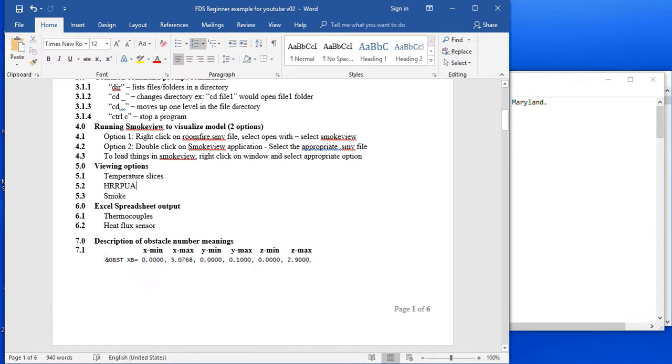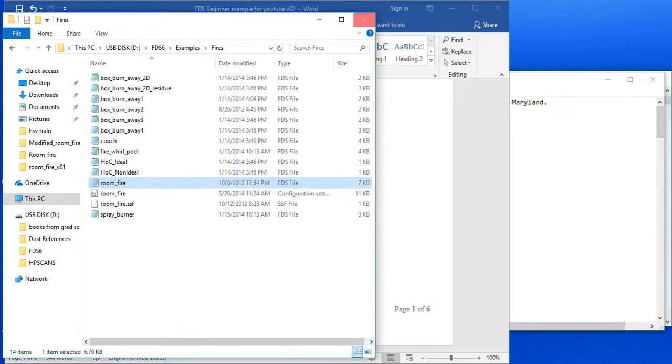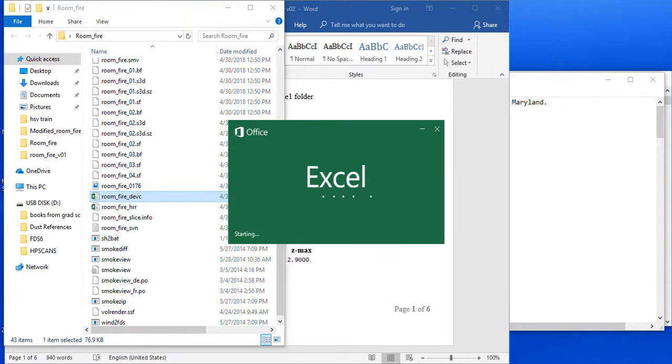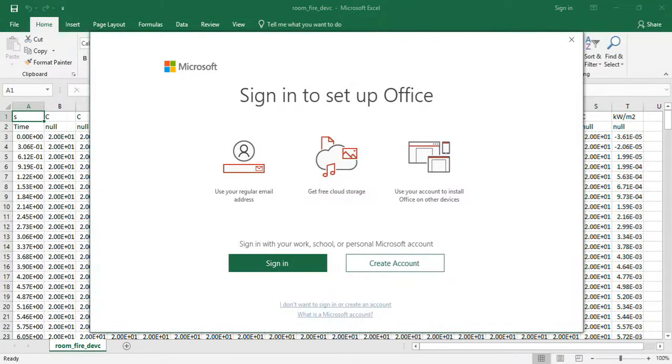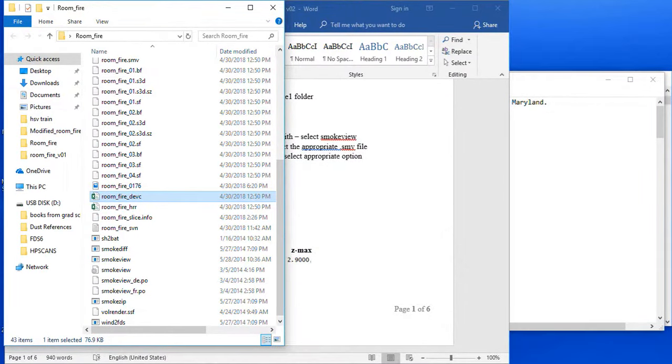The Excel sheet output, which is where, that's our example folder. So we have a device Excel sheet output, which is where we would get any quantitative data. Okay, I don't have Office activated on this computer. So the different devices that are in here, we have information, and so there's a set of thermocouple trees inside of our,